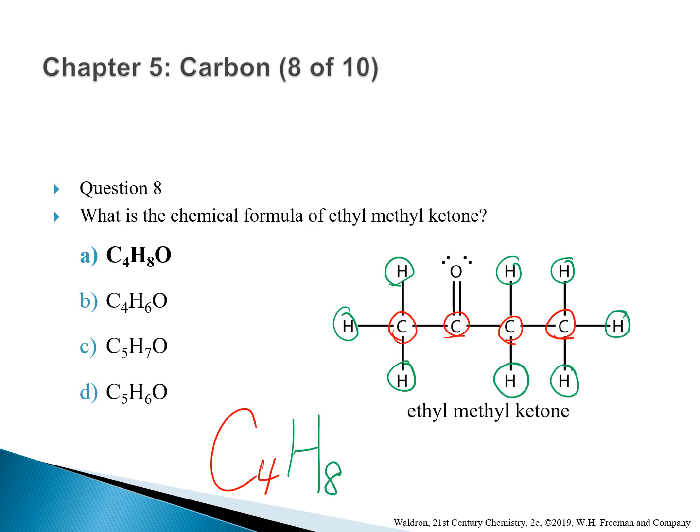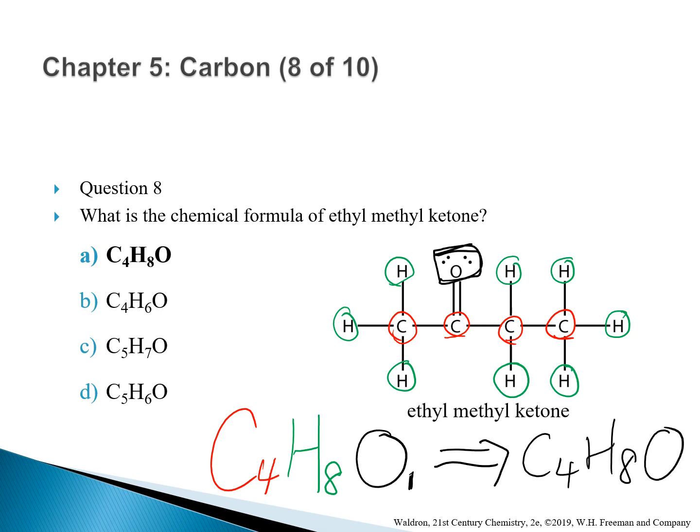So 8 is the subscript of hydrogen. Lastly is oxygen. I'm just going to use a black color, and there's really just one oxygen right here. So we're going to put 1 for the subscript. But remember, a 1 as a subscript can often be omitted. Therefore, that gives you the correct formula as